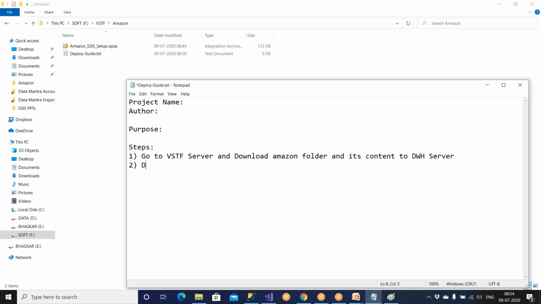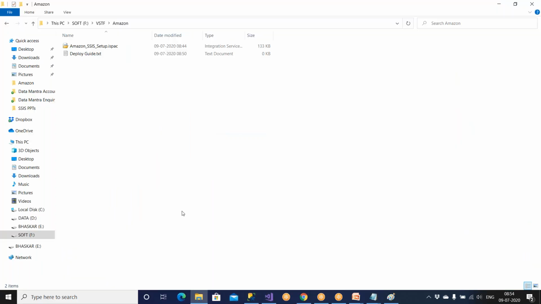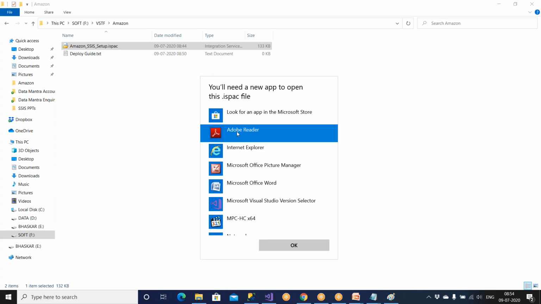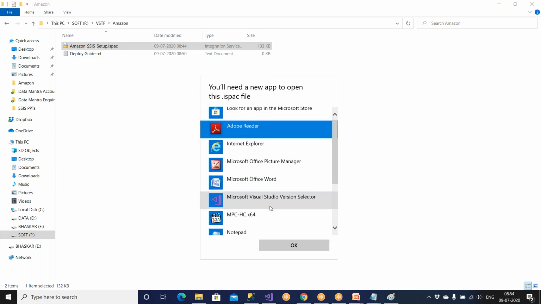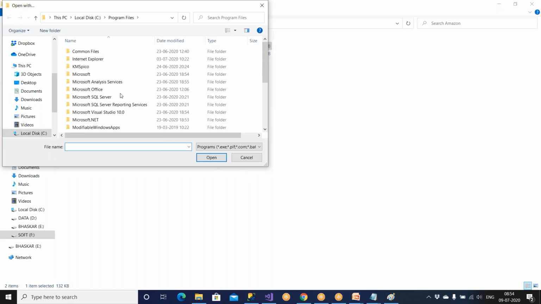Now you say double click on the ispac file. Okay, now you have to go and double click on it. Where is the file to double click? You double click like this. Now when you double click, you need to have appropriate software. I think you will not get this kind of an issue. I'm getting some kind of an issue in the 2019 version. You don't get it because it is going to,